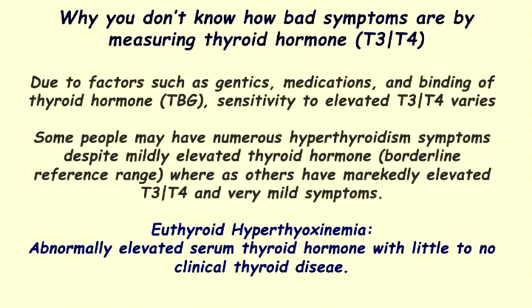I've seen people with very bad symptoms with hardly elevated thyroid hormone at all, even in reference range. And there are people walking around with thyroid hormone like 3 times out of reference range, and they're saying they don't feel any symptoms at all. We even have something called euthyroid hyperthyroxemia, and that's abnormally elevated thyroid hormone with little to no clinical thyroid disease. So the labs are important, but you really have to interpret them in context with symptoms